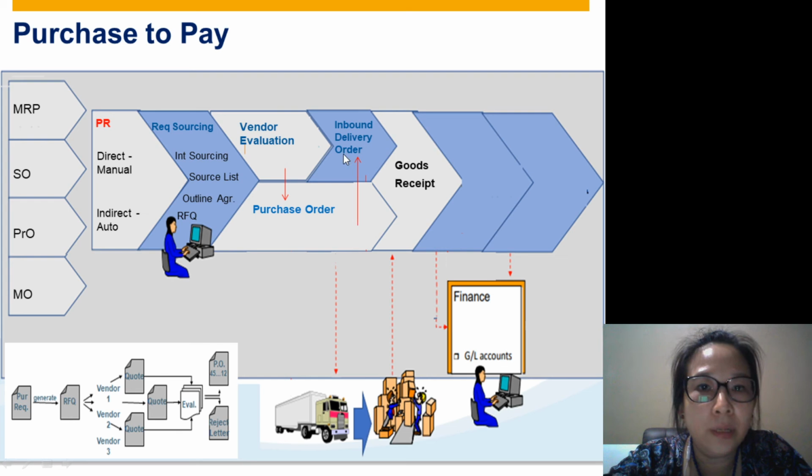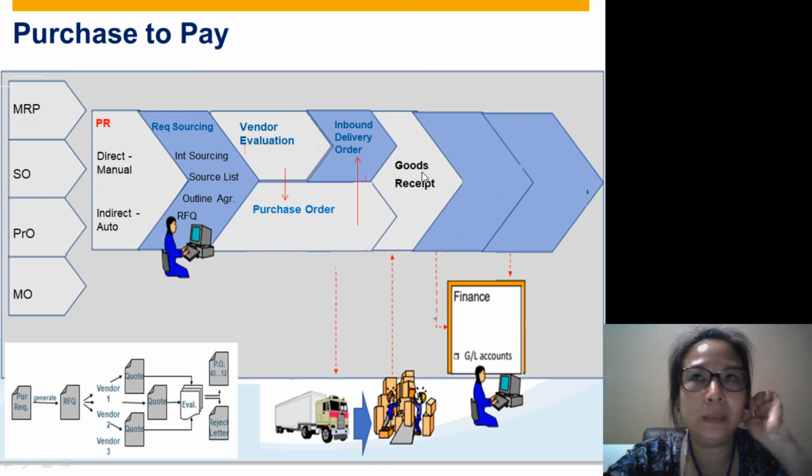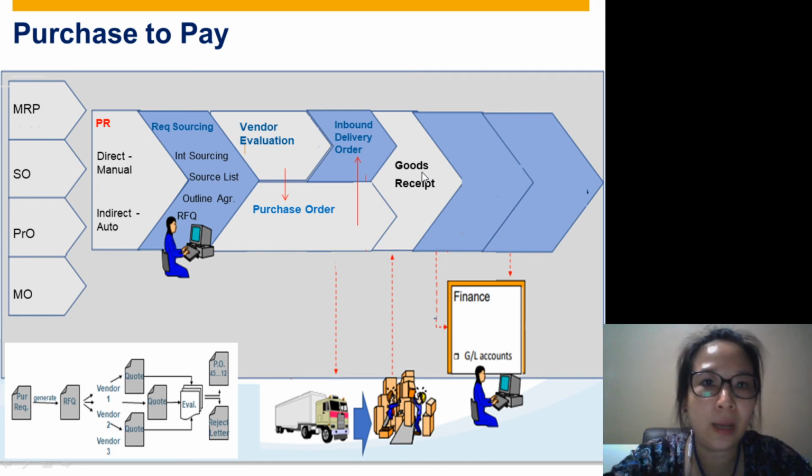So the inbound delivery is created by the purchasing department, but the goods receipt will be done by the warehouse people. Actually this is like a cross authority, like a confirmation. The purchasing department says they ordered 10 pieces, and the warehouse people will confirm how many quantity they actually receive. Okay, so in the goods receipt,